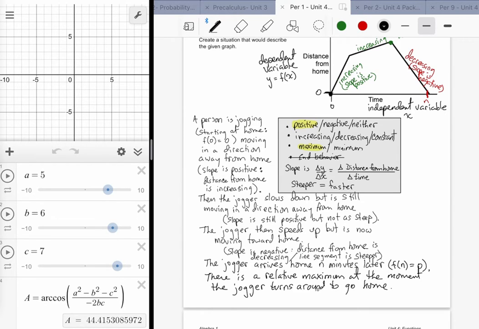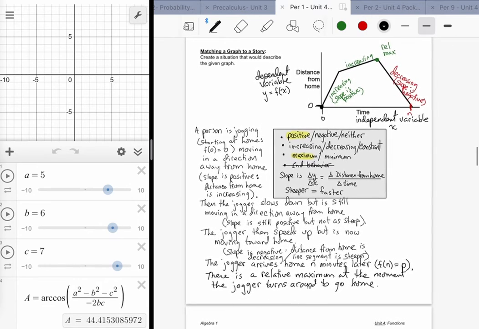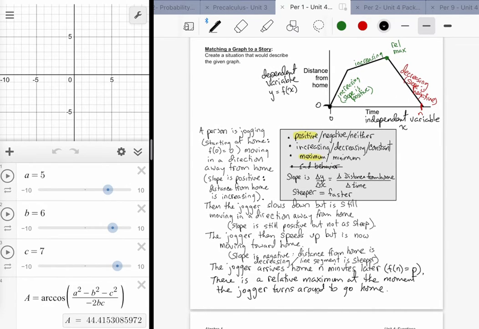In the past, what I would do for this lesson is let students come up with, and I feel like I'm sort of robbing you of an opportunity here, but it didn't always work out, and I haven't figured out a way to make it work out the right way. But I would say, just what the prompt would say, create a situation that would describe the given graph, and I would get a lot of